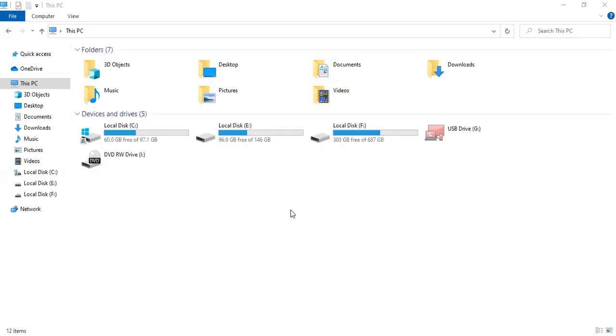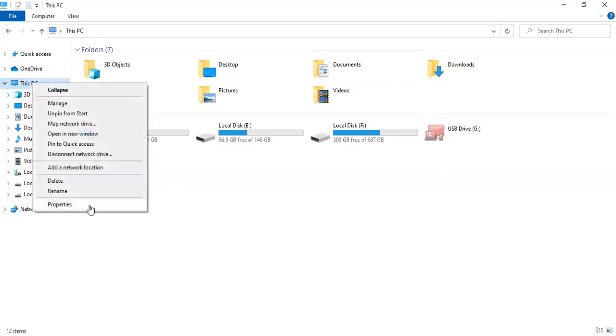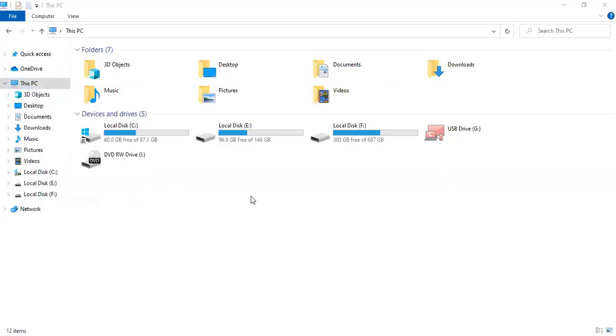Okay, coming to your desktop computer, you can go to desktop and select the system, or you can right click on My PC, go to the system properties.